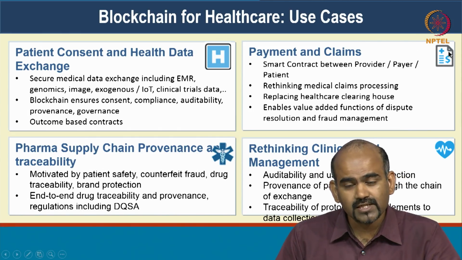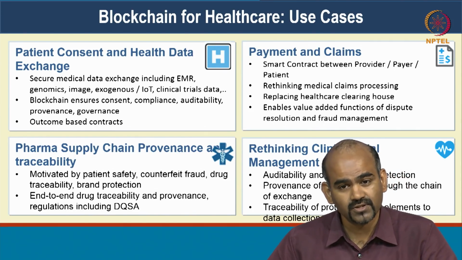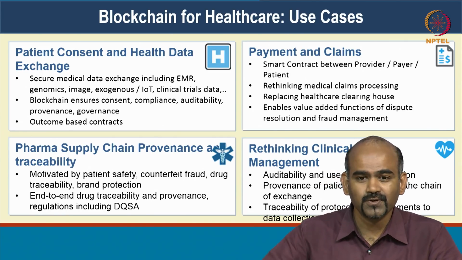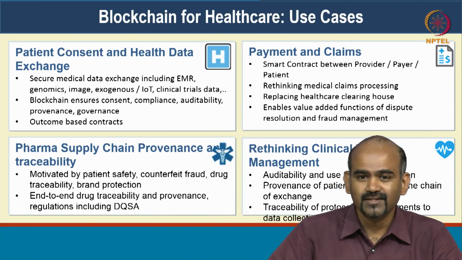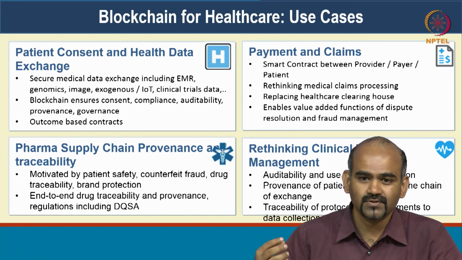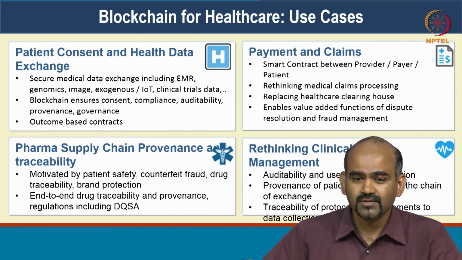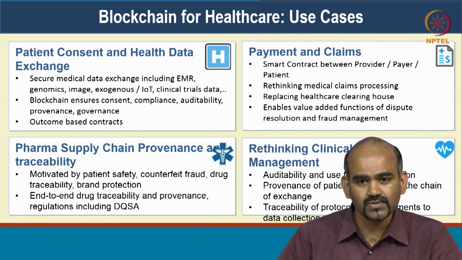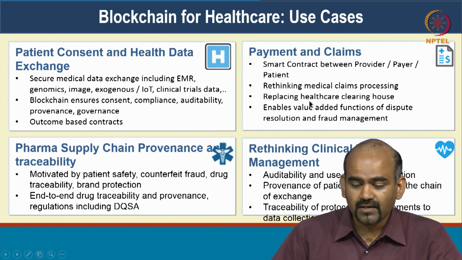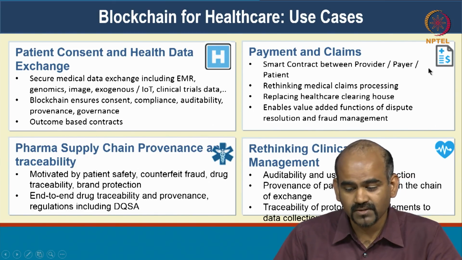So the second kind of use cases are around payments and claims. Of course, healthcare is very closely related to healthcare insurance, and there's a very large amount of money involved. When I get healthcare from a hospital, the hospital will expect me to pay for it. And I'm insured, so at least a large portion of that payment will come from the insurance company directly. So there are actually multiple parties in this ecosystem, and fraud is a big part of this. So can we automate some of these claims processing and payments on blockchain?